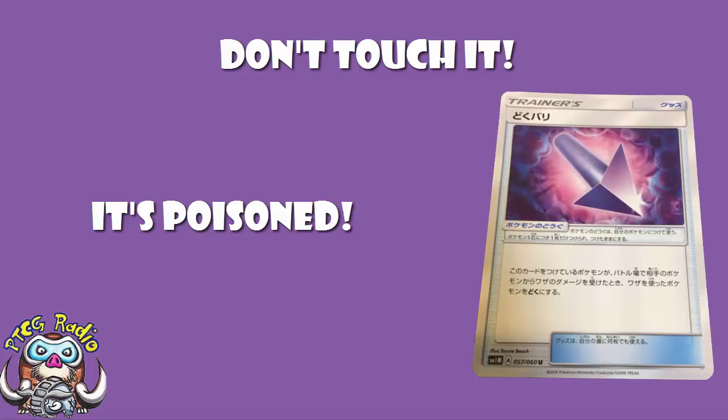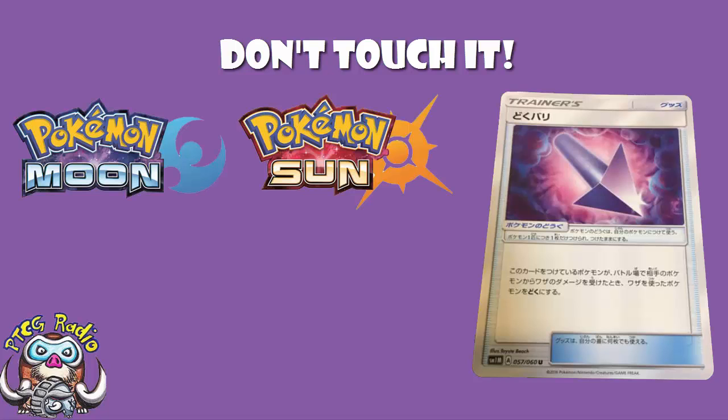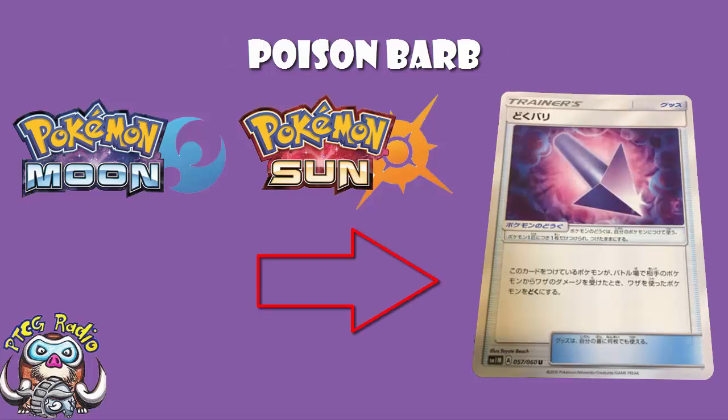My name's Ross, and I was always told I had a voice for radio, so today I'm going to be showing you an exciting new trainer card from the Pokémon Sun and Moon trading card game expansion. It is Poison Barb. Now, Poison Barb is a tool card, which means you attach it to one of your